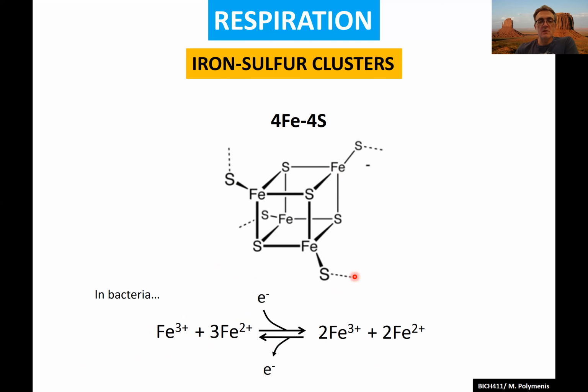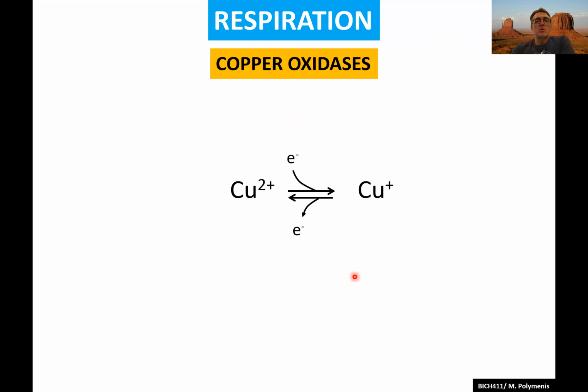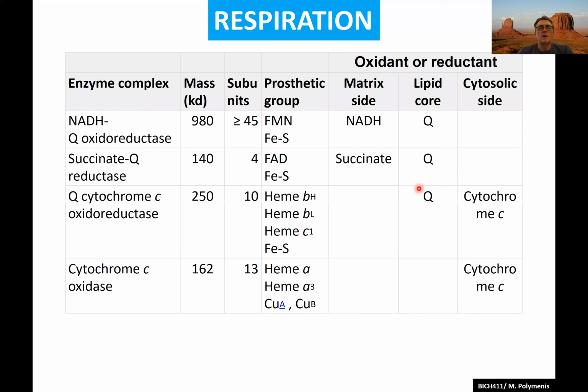Okay, the iron sulfur clusters. Lastly, we have the last enzyme in complex 4 that actually does the reduction of oxygen to water. We have copper. We have a copper oxidase. Again, it's in complex 4, and copper also exists in this case in 2 oxidation states that we care about, the +2 and +1. And if you see all of them, where they are in a variety in these major electron transport complexes, which we have 4. Okay, complex 1,